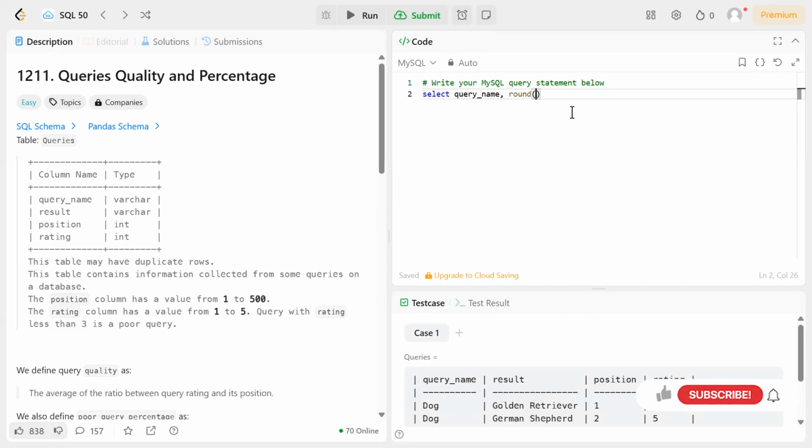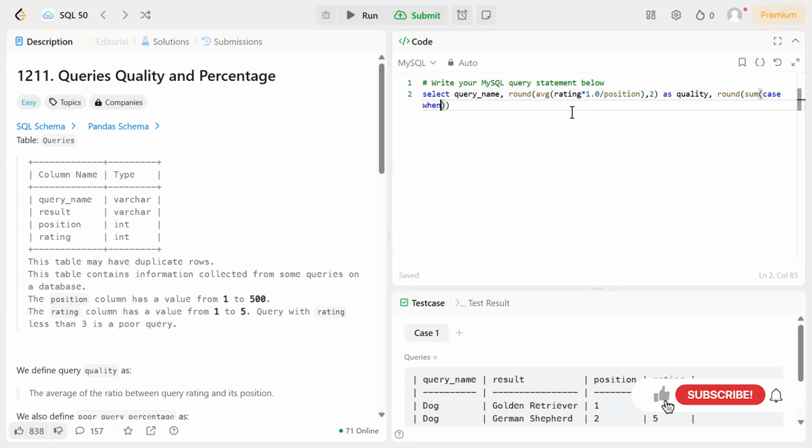So we will use round function and then average of rating times 1.0, and then divided by the position, and we will round it up to two decimals, as quality. And we will also select a round of